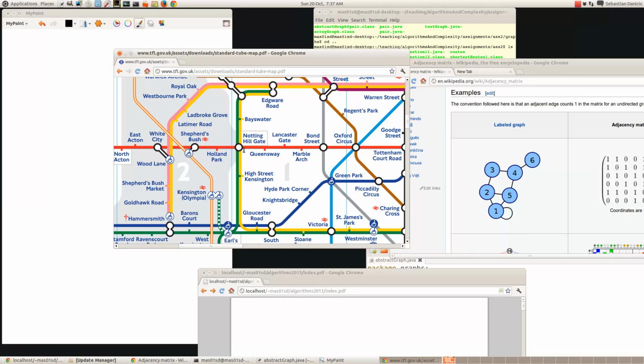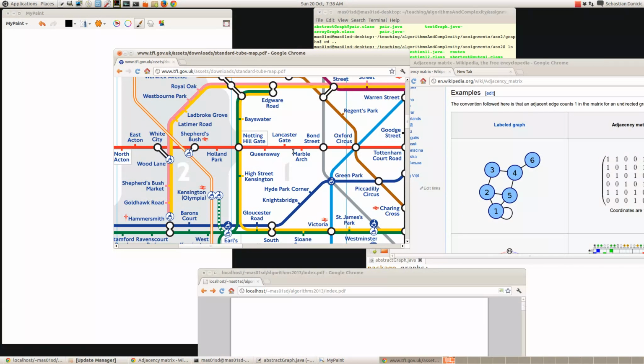Later on we'll talk about the distances. There might be paths which have fewer stations, but the time it takes might be longer. Another consideration is how many changes we have to make. But to start off with, we just think of the shortest path between, say, Notting Hill and Green Park as